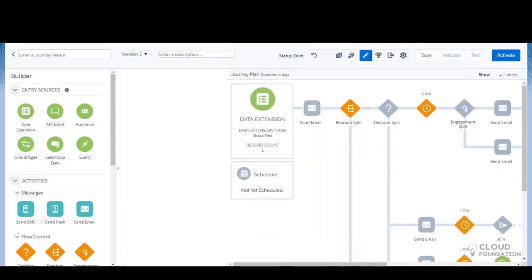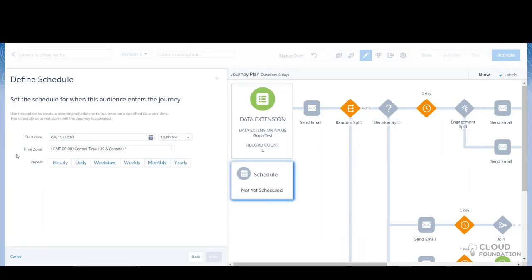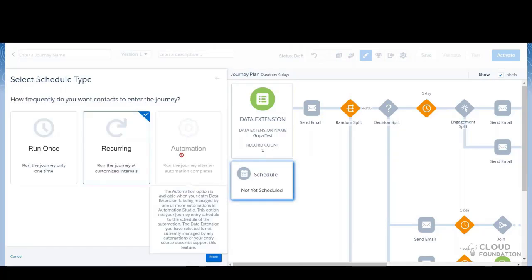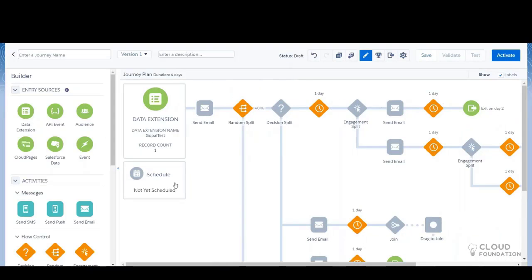You can run it once, or run it recurring, like daily at a specified time, or you can have an automation. Once you create an automation in Automation Studio, this will be enabled, and you can automate this as well. So you have flexibility in how you run it, when you run it, and how many times you run it.